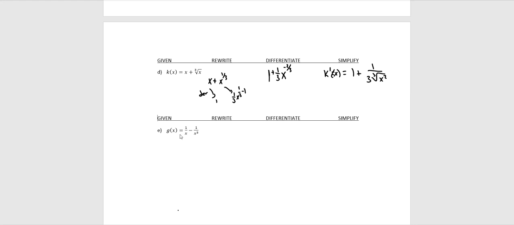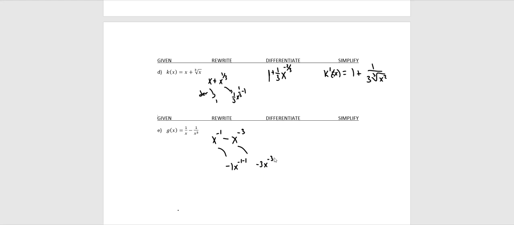All right, same idea here. g of x equals 1 over x minus 1 over x cubed. I can rewrite that as x to the negative 1 minus x to the negative 3. When I take the derivative, I will have